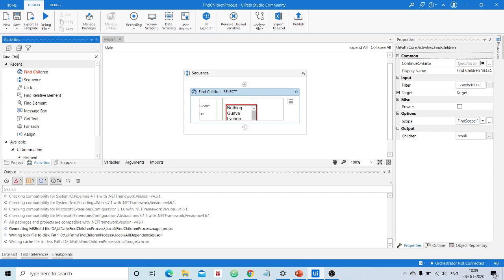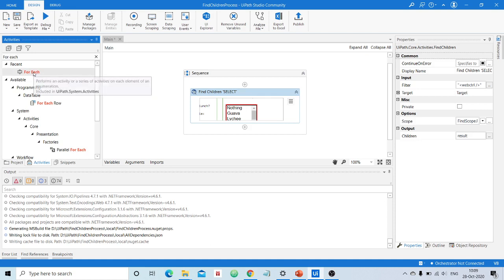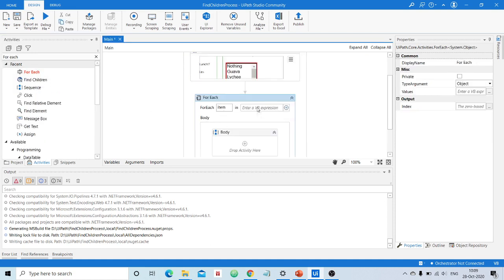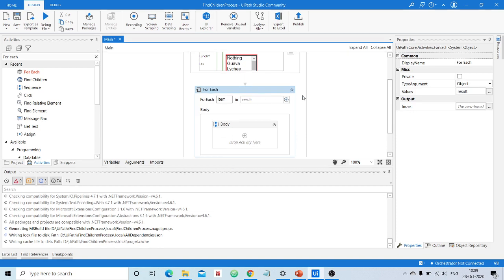Then after that our aim is to iterate over all the children elements. Obviously, whenever iterative or repetitive steps come into the picture, you have to use a loop called For Each. For each item in which collection? In the collection called result in this case. Remember for the For Each loop, the type of the items should not be object.